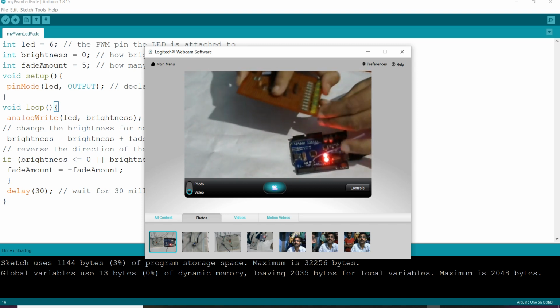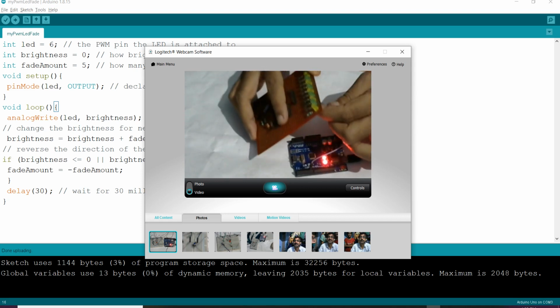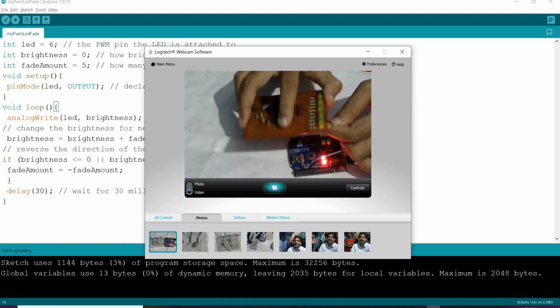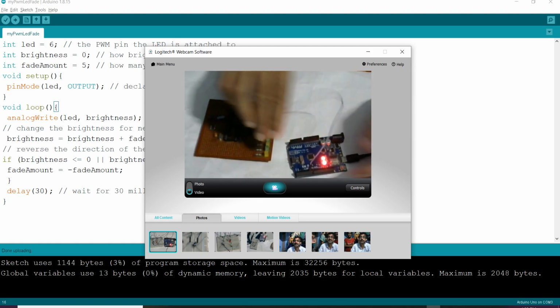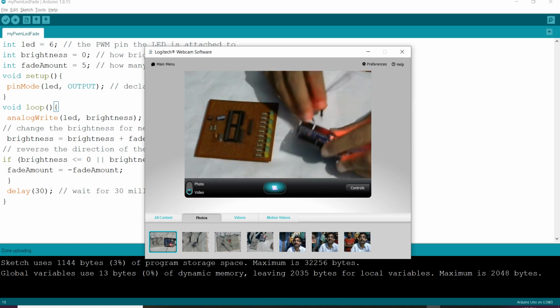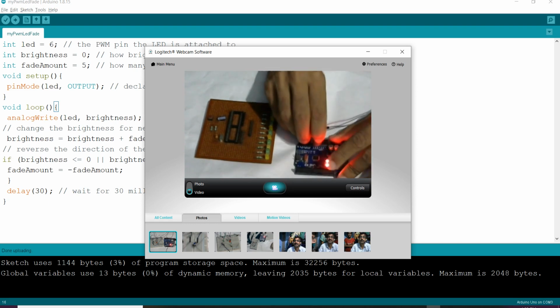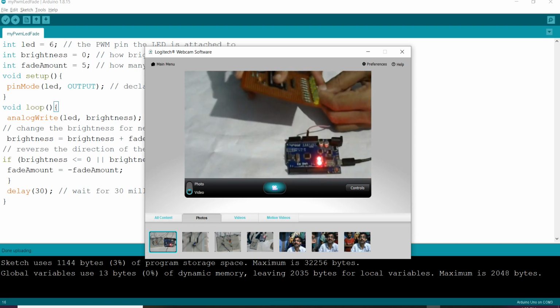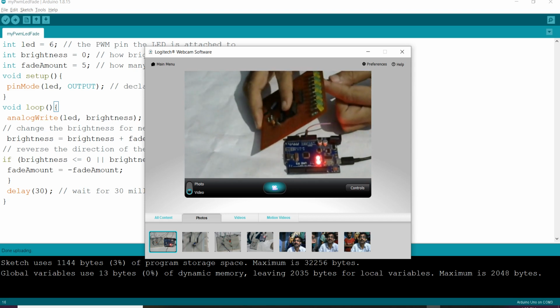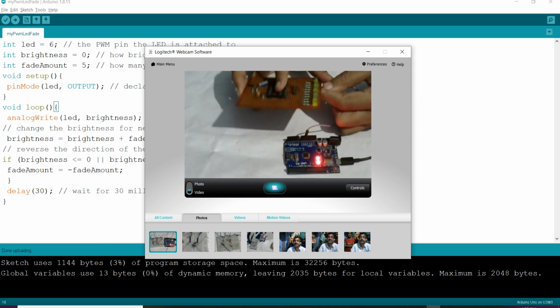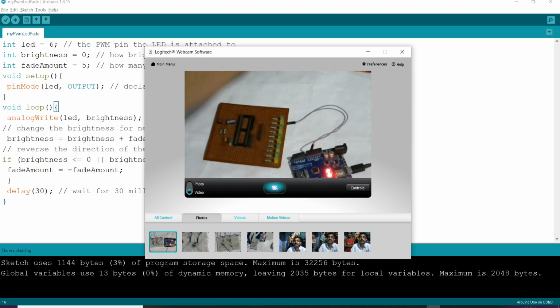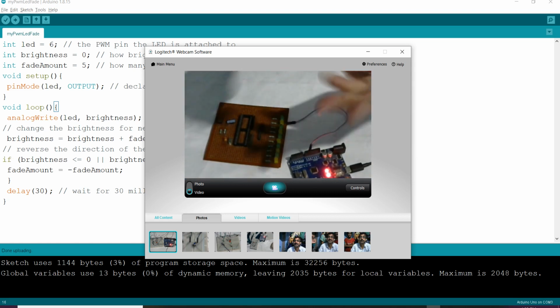I already described this design board previously. First, I need to supply the ground to this board. So here I am taking the ground for all eight LEDs. Okay, done. Next, I need another jumper wire, male to female.